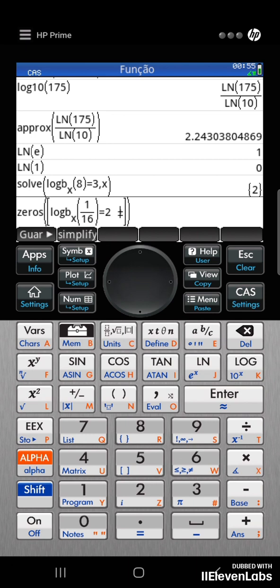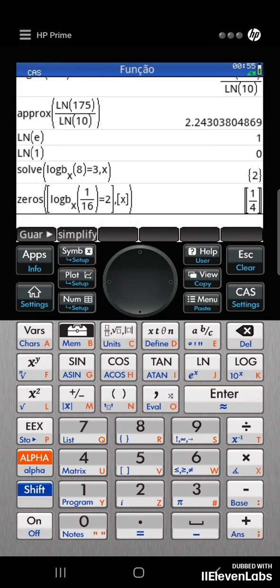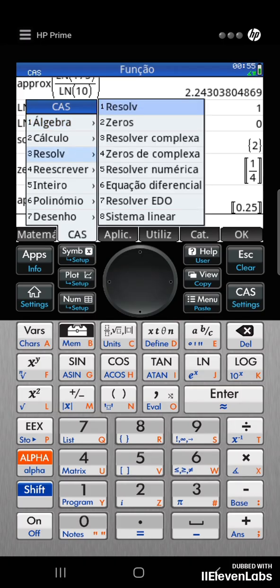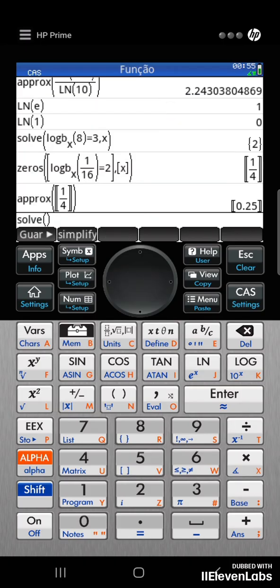I will exit the bracket, click comma, open another bracket, and write my argument. I want to calculate the value of x. I press enter. Click on ABC to exit the exact mode. But the easiest way to calculate this logarithm is really using solve, because you don't have to write brackets.